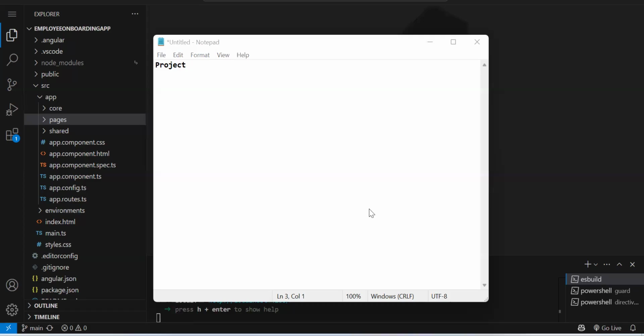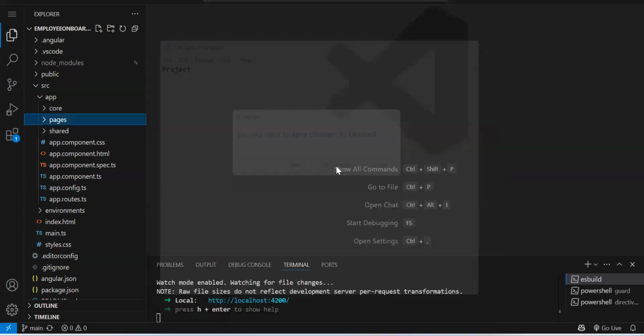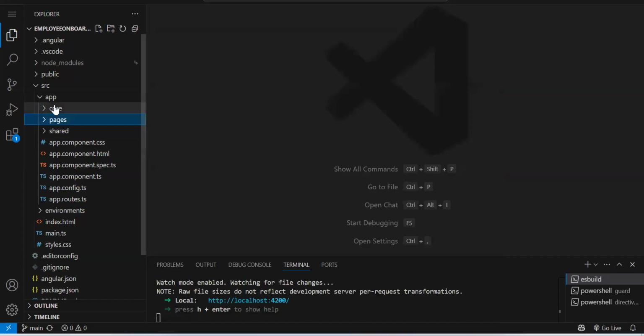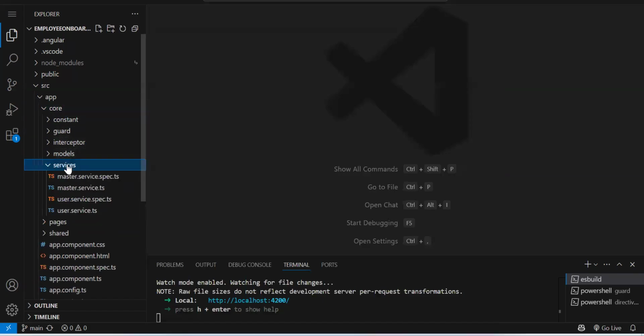In the service, what we did was create a normal service variable. Instead of a normal service variable, what we can do is use a Subject or a Behavior Subject. Not Subject, Behavior Subject. Can we use Subject or Behavior Subject? Behavior Subject only, because Subject will be valid only for that particular component. We need to track that data in every component, so we have to go for a Behavior Subject.